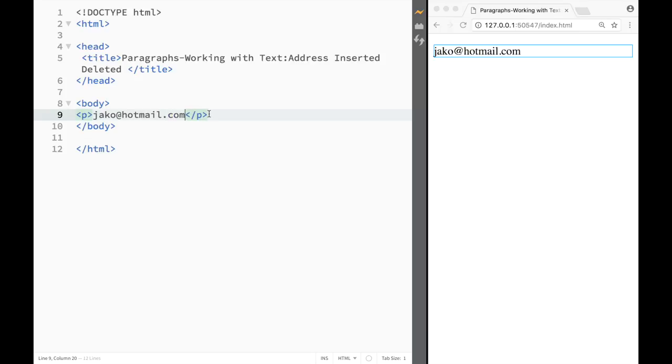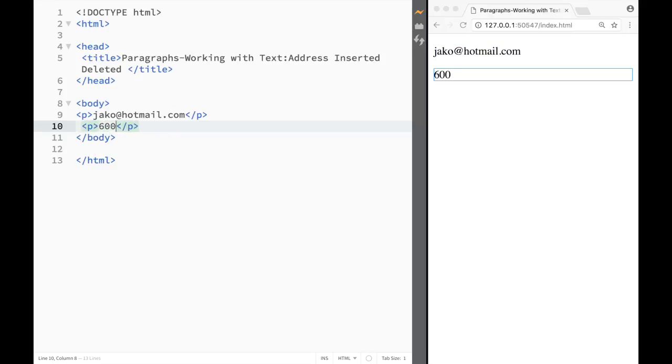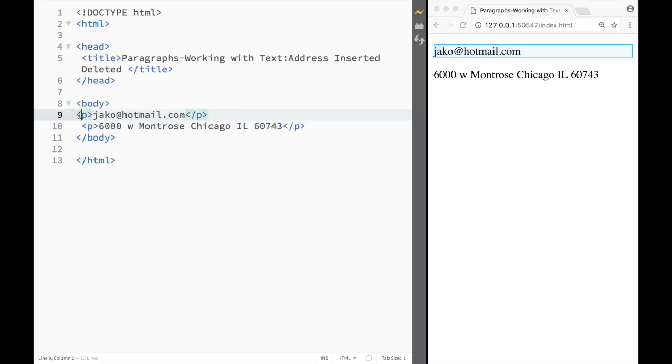and then let's say I'm gonna create another paragraph over here, and in this paragraph I'm just gonna say that my address, let's say it's gonna be 6000 West Montrose, Chicago, Illinois, and let's do this one like that, and then I don't know, 60743, something like this, right? That's my zip code. But we have an address element that actually allows us to format a little bit nicer,